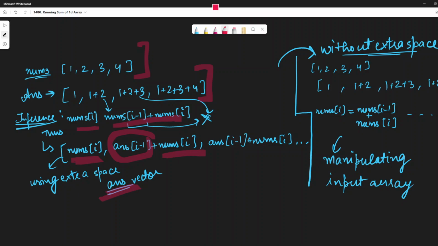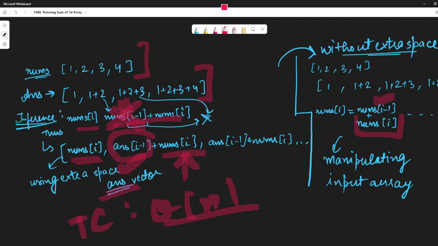But when we are not using extra space, in that context we would be manipulating our original input vector only, right? Here the original one is not manipulated, so that's why we can't take this particular one. We would be obliged to take this one. But here we are manipulating the original one only, so that's why we can take this formula here. So this was the possible mistake which a person could make while transitioning from using extra space to without extra space. And yes, time complexity for both of them is order of n only, but space complexity